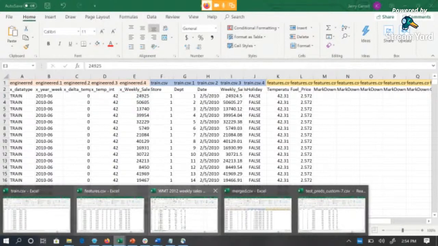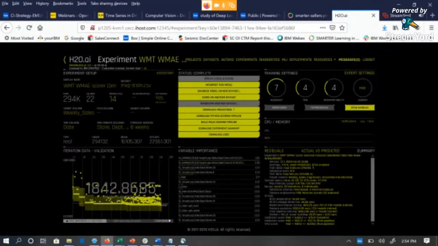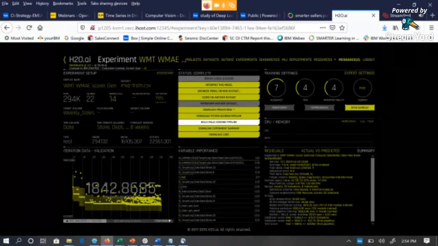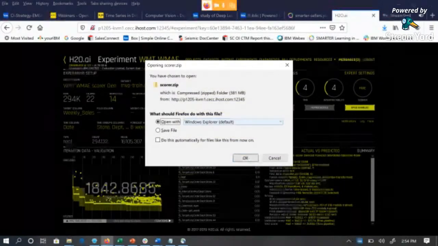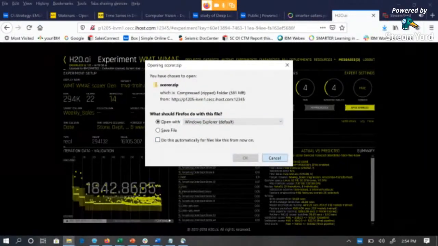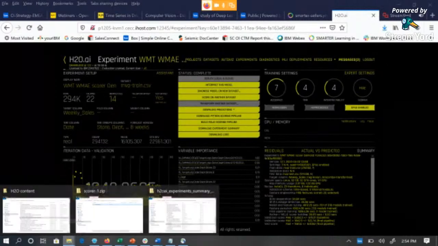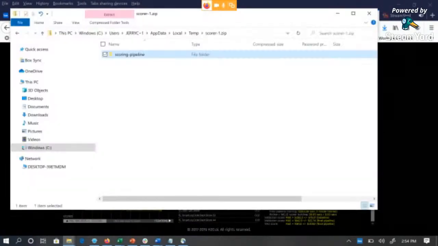Oh my goodness. Well, let's see how quick we can get it. I'm not sure we're gonna have time. Oh, I might have put it. Yes, okay, I did do it, but I didn't expand it out. So what I would do once I'm satisfied that yes, this is the model for demand forecasting, sales forecasting that I want to put out into production, I would download the Python scoring pipeline, and here it is. Here's the scoring pipeline. I'm going to explode that out,